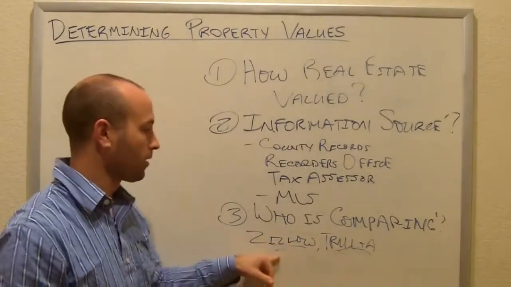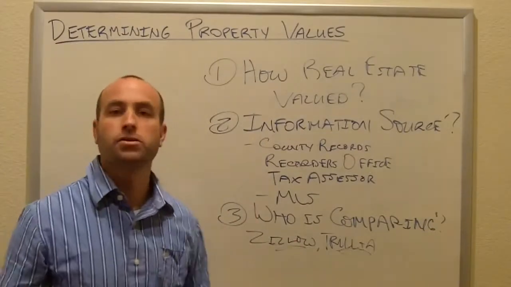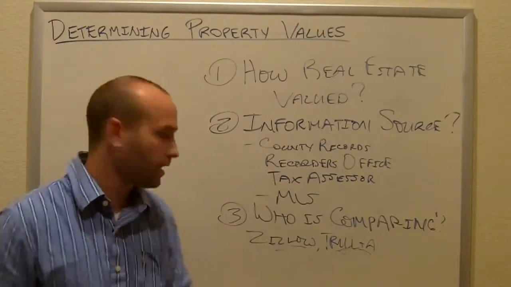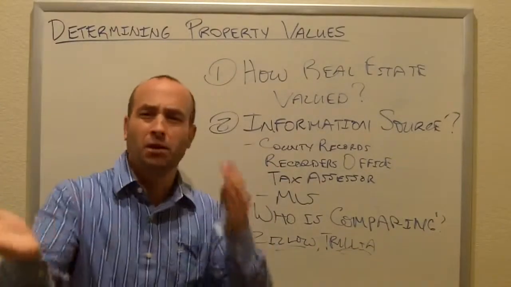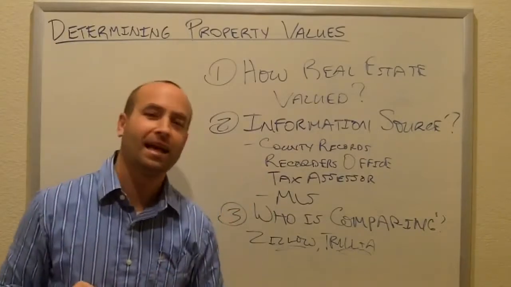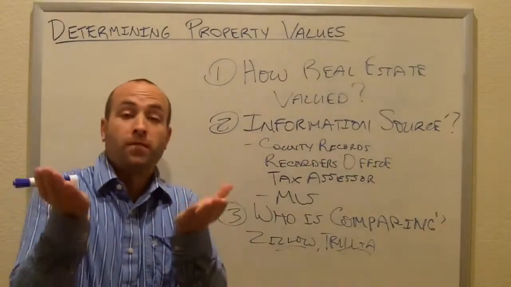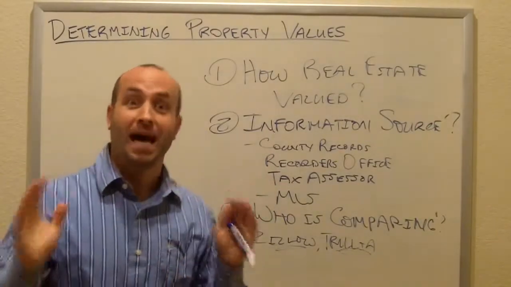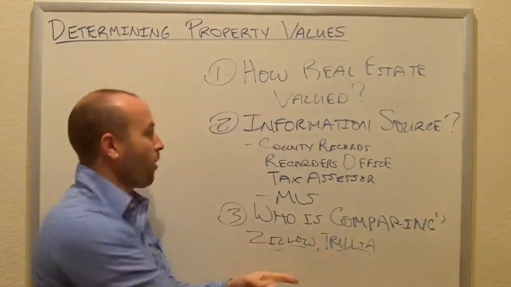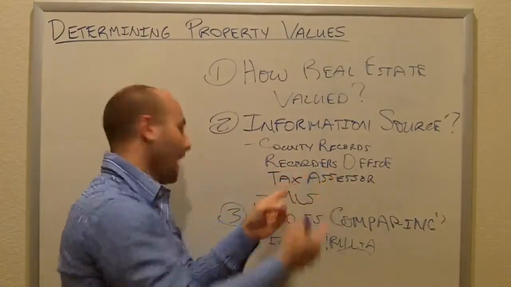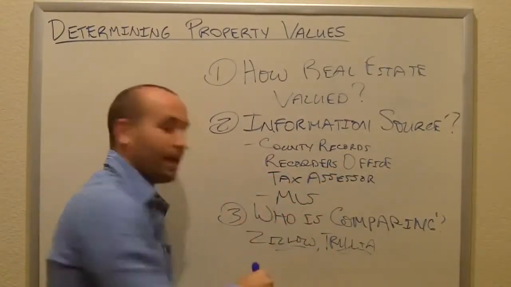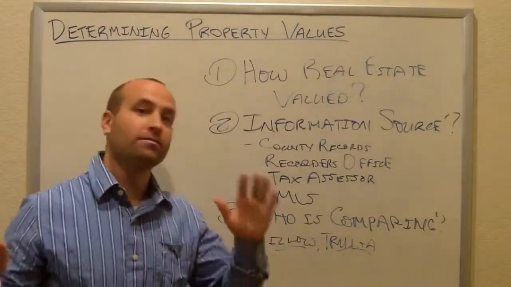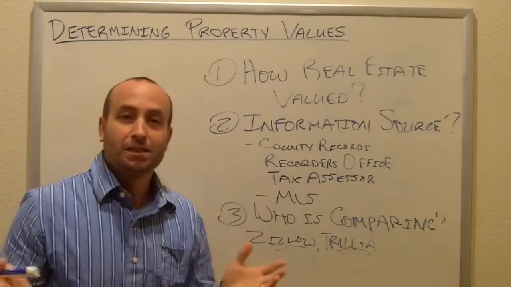So these systems right here, I see it all the time. Real estate investors, they don't know how to get access to the MLS. They don't know all this, and so they just try to take shortcuts. And they'll use Zillow, Trulia. They may even compare 3 or 4 different online free systems to see what the property value is. They may even throw in the tax appraisal as well, and they'll all average them together. Bad idea, because all of these systems are using the same bad data, and they're also using the same bad circle radius comps in some cases. And so they're all giving you numbers that are all bad, really, and that's the best way to describe it.